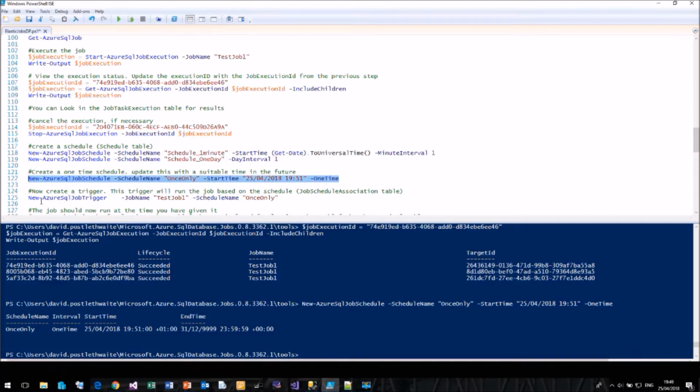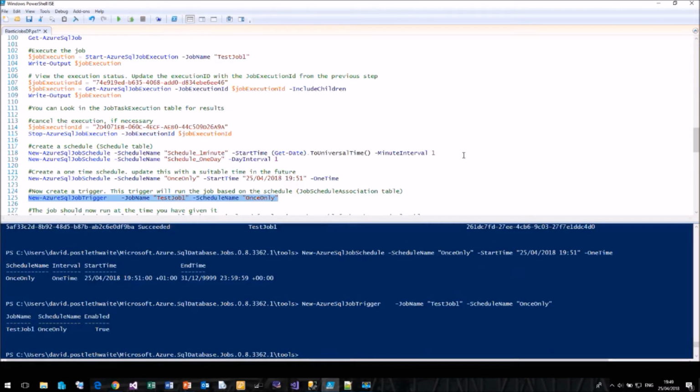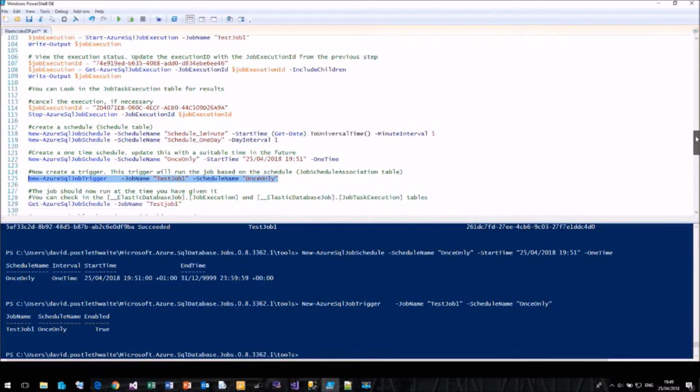And again, I can now create a trigger to trigger that schedule. So here we're going to say new Azure job trigger. The job name is test1 and the schedule name is once only. So let me run that. And that is now set up to run in a couple of minutes time. So while we're waiting for that to run,